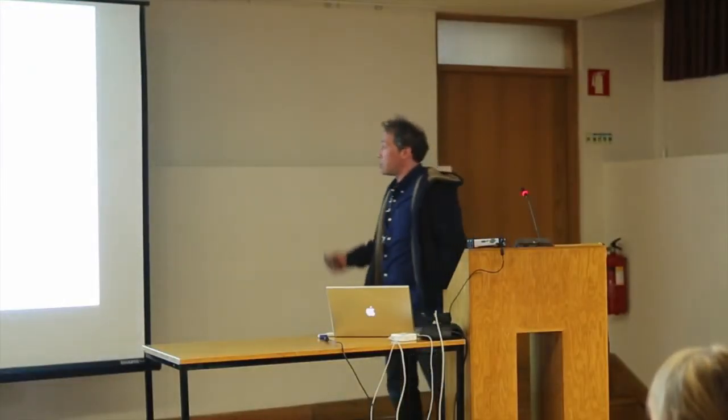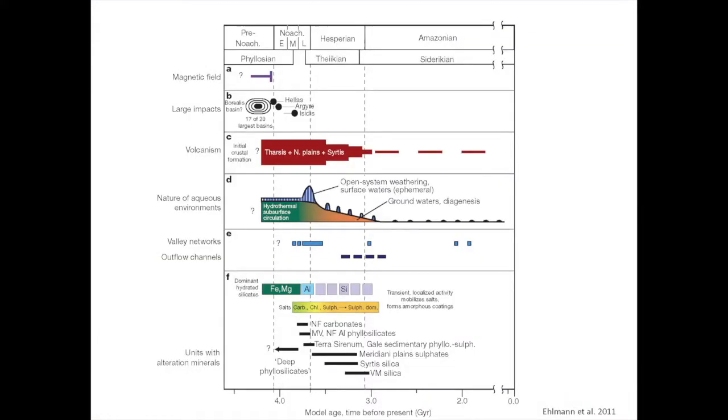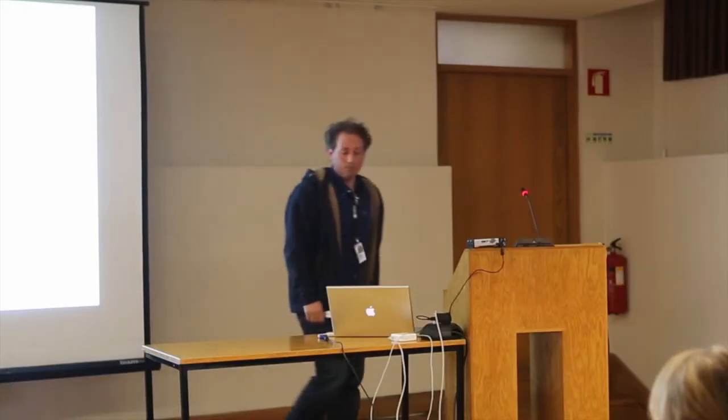If you look at the chronology of Mars, what we have been talking about, the magnetic field and large impacts occur relatively early. There is also volcanism. That coincides with the formation of the large basins. And we have also the activity of water, especially on the surface. The water activity, of course, diminished as we move from the Noachian to the Hesperian. It became episodic, and today it has almost disappeared. This water activity is associated with valley networks and the alteration of the surface.